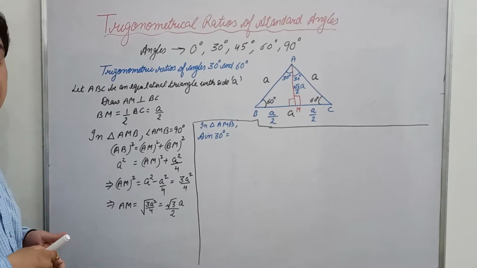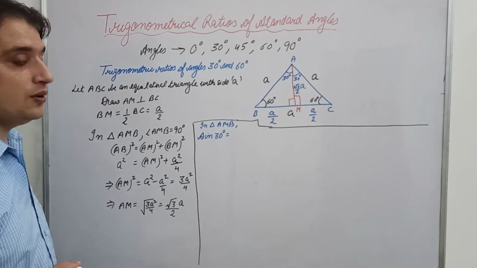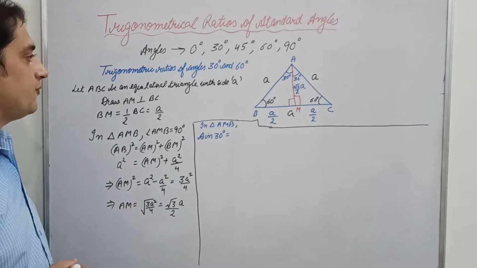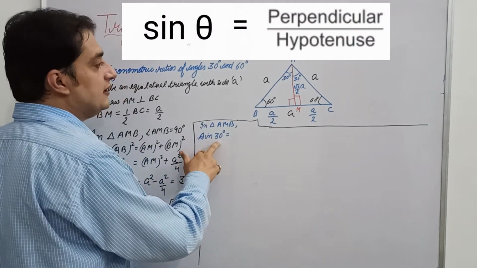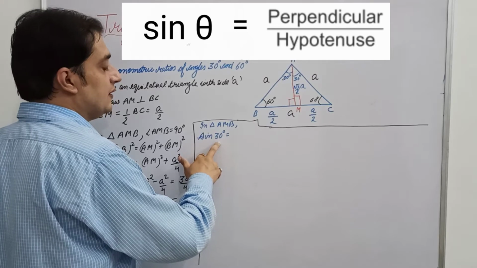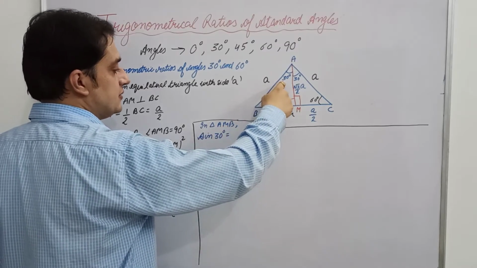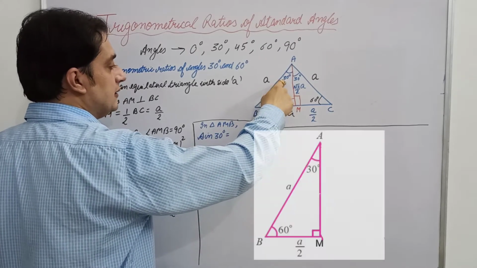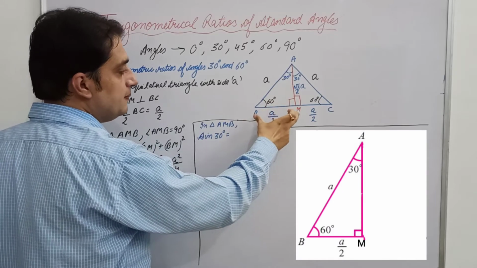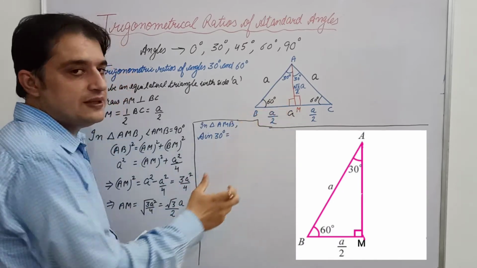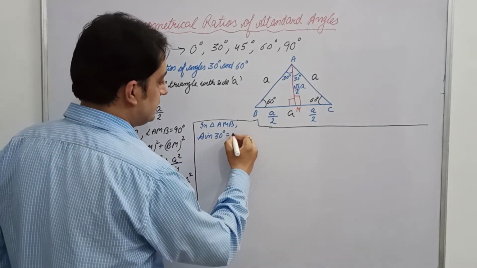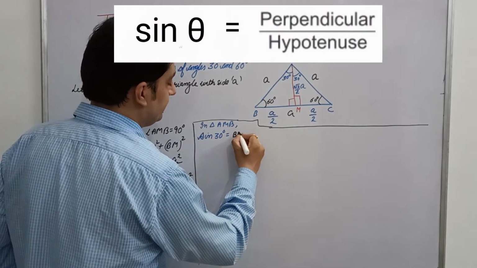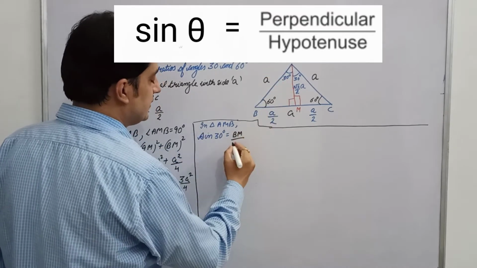Sine of an angle is the ratio between the lengths of perpendicular and hypotenuse. So see the angle 30 degree, which is our angle of reference. The side opposite to this angle is BM, and this BM is the perpendicular for sine, right? So you can write this BM upon the longer side, that is AB,